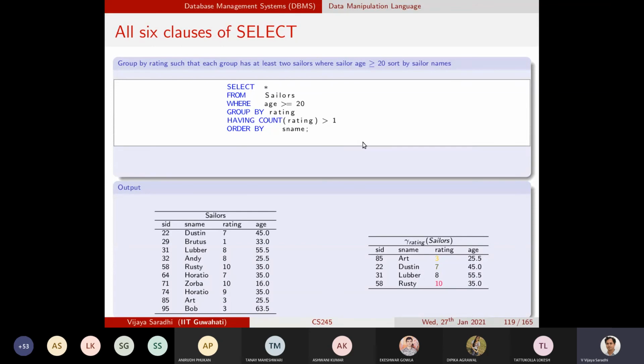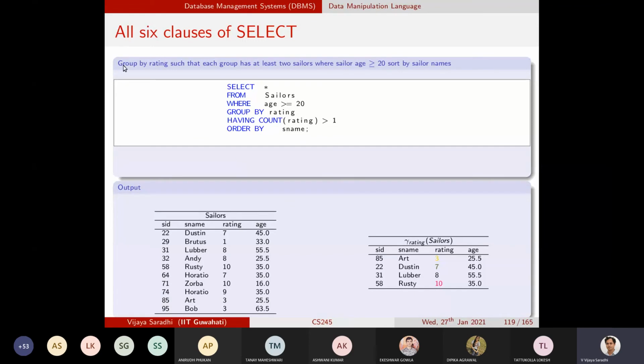Fine. Now, in the SELECT query we have seen that there are 6 clauses. So far we have used 1 clause, 2 clauses, 3 clauses, which are subsets of these clauses. But can there be queries that ask us to use all 6 clauses at the same time? Yes, there are.